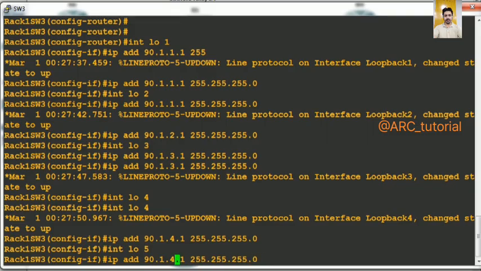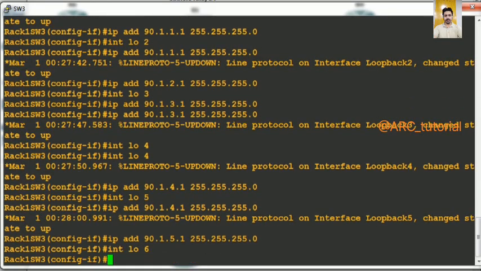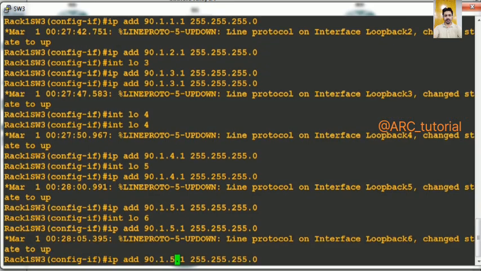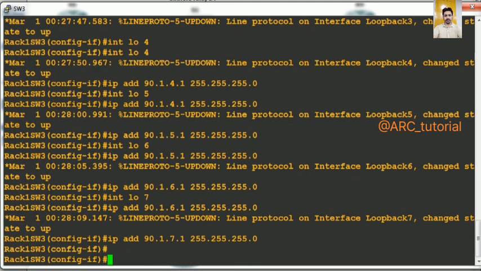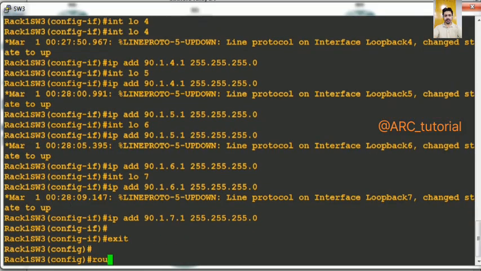Even I will create 7 loopbacks. Fine. And then you will require to advertise them into